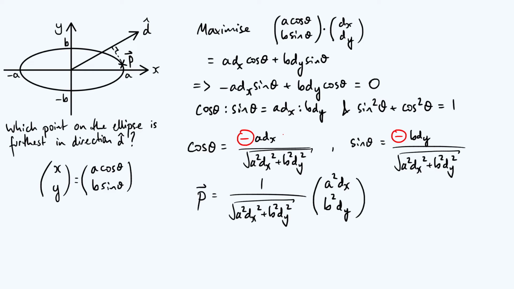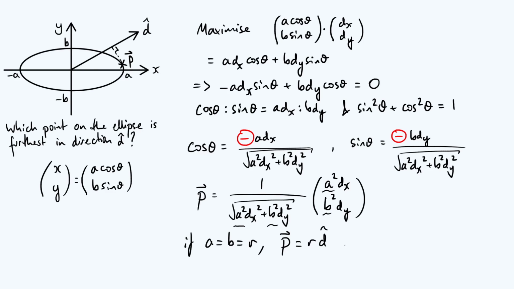One little check we can make on our answer is considering the limiting case where the semi-major and semi-minor axes become equal, in which case our ellipse is just a circle, right? And so we could call A and B R in that case. So let's consider what happens if A is equal to B, which in turn is equal to just this value that we're calling R for radius. If you substitute those in, you'll see that because A and B are now the same, the A's in the normalizing factor cancel out with the A's in the column vector that I've written there. And this whole thing just simplifies to P is equal to the radius times the direction d,